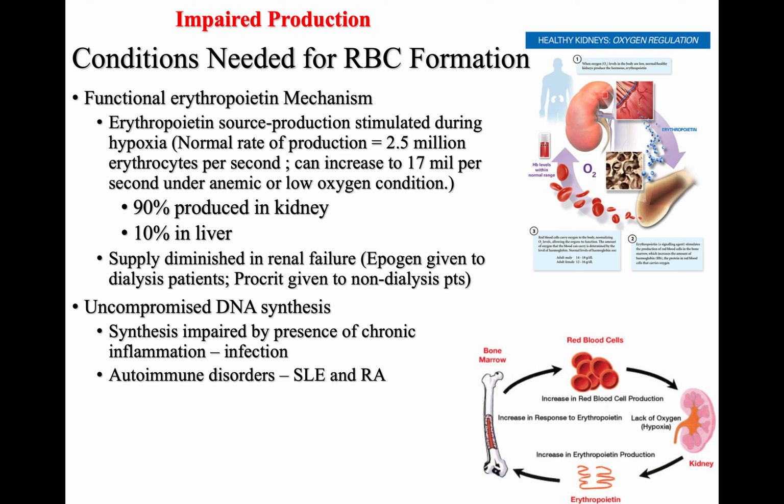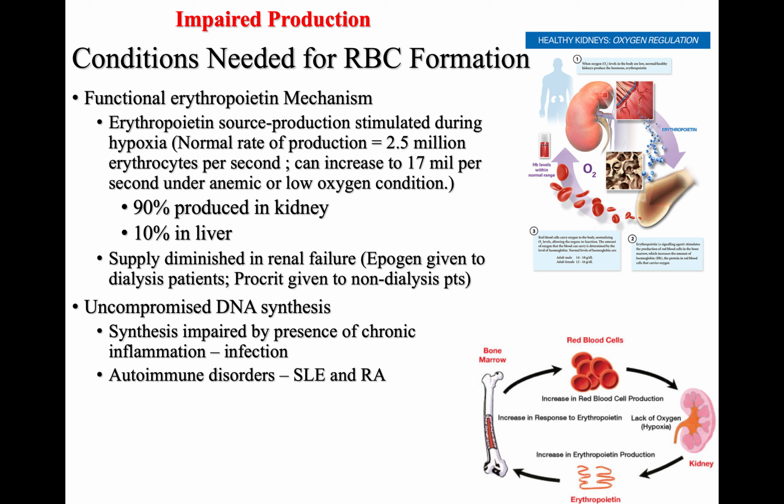Erythropoietin production is stimulated during hypoxia. And the normal rate, you don't have to know these numbers. I just threw it in there so that you heard it. 2.5 million erythrocytes per second can increase to 17 million per second under anemia or low oxygen conditions. Supplies are diminished in renal failure. Epogen is given to dialysis patients, Procrit is given to non-dialysis patients, and it's just in the